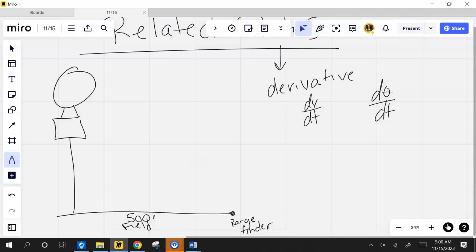At the moment that the rangefinder's elevation angle, there you go. So whenever I see the word moment, I know I'm talking about instantaneous. That makes me think what? IROC, which is derivative, right? All right, so at the moment that the rangefinder's angle of elevation is pi over 4,